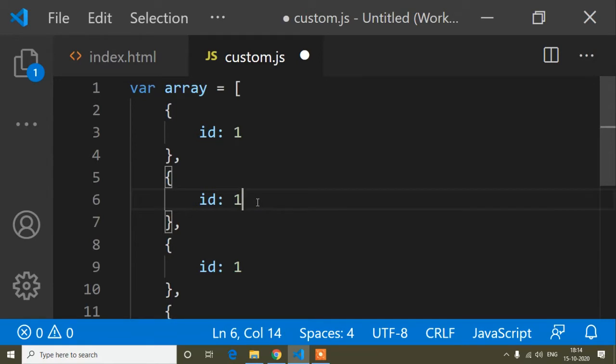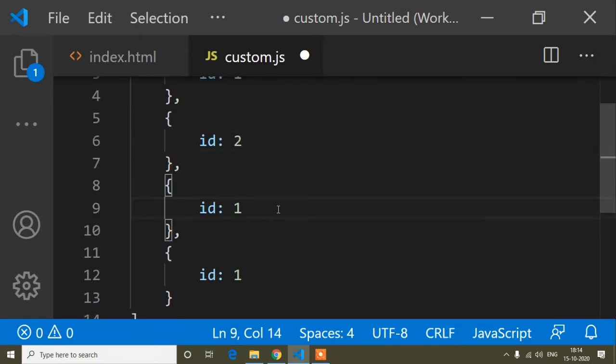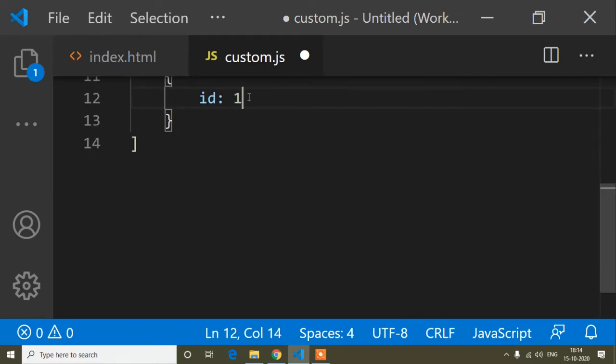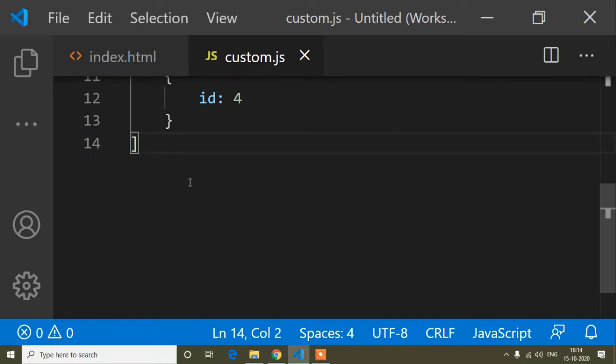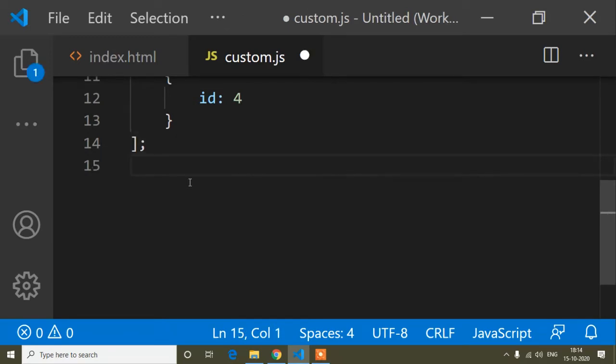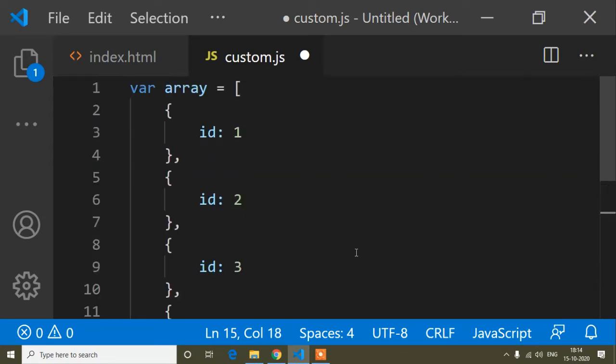I will change the value of id: 1 2 3 4. Now suppose I want to print this id in this way. Here I will write output. Suppose I want output like this way: 1 2 3 and 4. How can we do that?